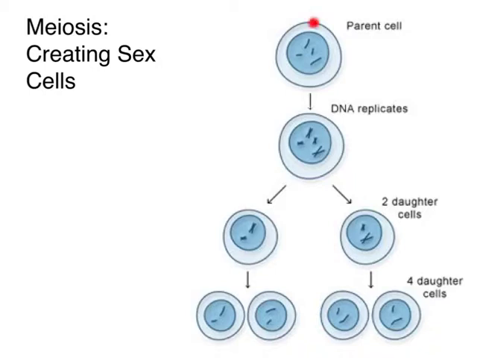Notice the number of chromosomes in the parent cell, which equals 4, is reduced by the time we get to the end, and each cell only contains 2. This is important because, for example, human cells contain 46 chromosomes, and if a sperm cell that had 46 chromosomes met up with an egg cell that had 46 chromosomes, then the resulting zygote, or fertilized egg, would contain 92 chromosomes, which is far too many